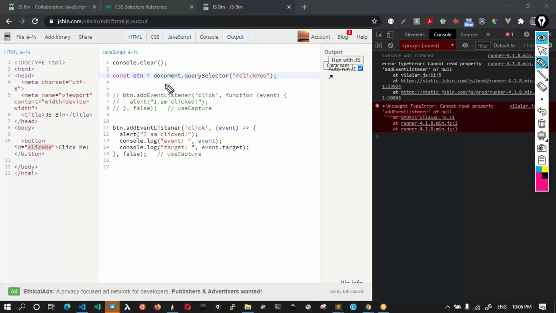This is because when document.querySelector ran and we passed in a wrong ID, the button was not found and it was null. When you try to add an event listener, you are trying to add it on a null object, and that's why you got the uncaught error.